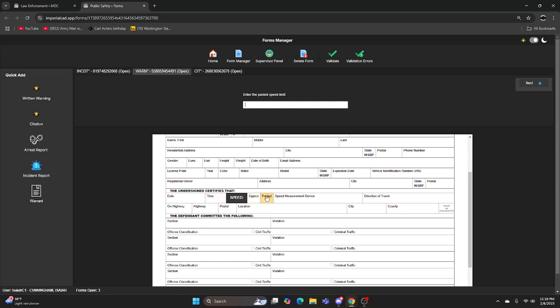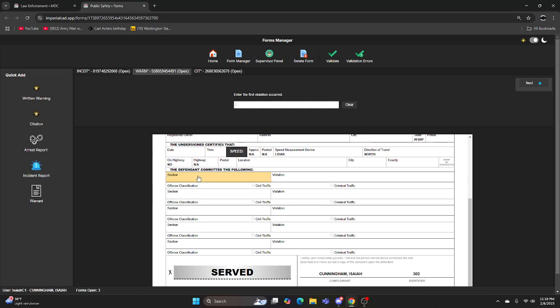If you don't have a speed, you can always put n/a. You can select this if you wanted to. You could press LiDAR and direction of travel, north, southwest, east, wherever. On a highway, no. Highway n/a, and then your postal, of course, and then your location, and then your city, and then the county,